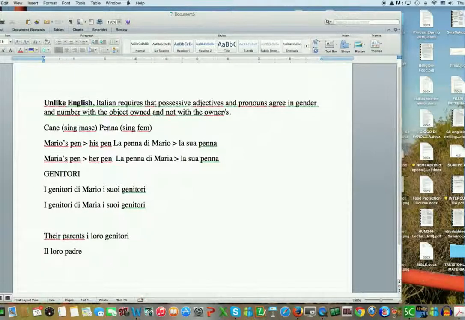If you want to talk about Maria and Mario's mother, so it would be, yes, their mother in English. Okay, so there is loro, but since madre is singular and feminine, you have to choose "la loro madre". Okay,